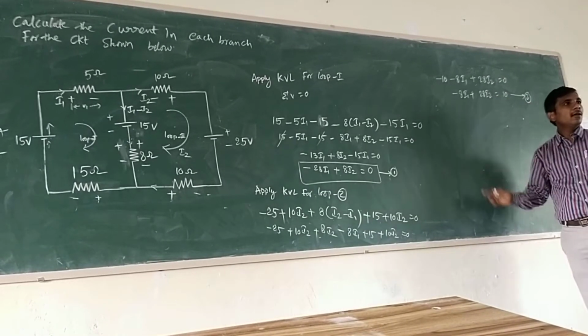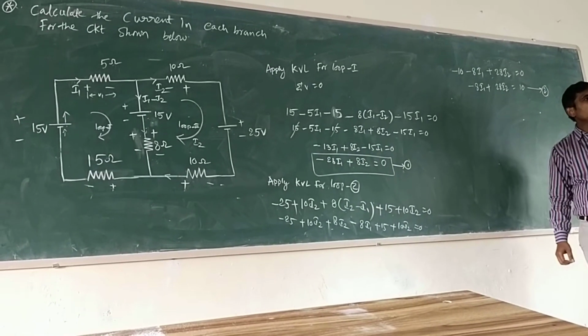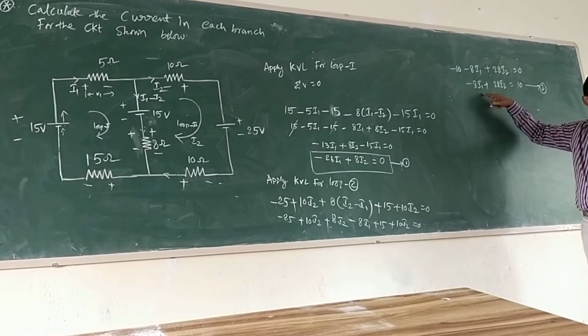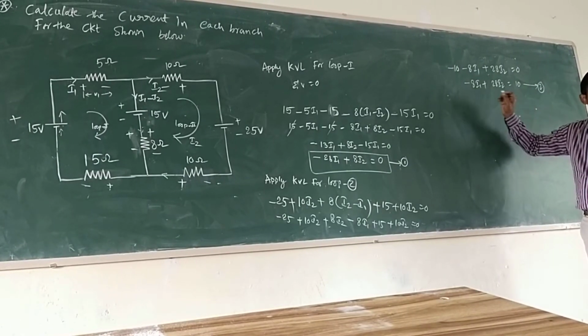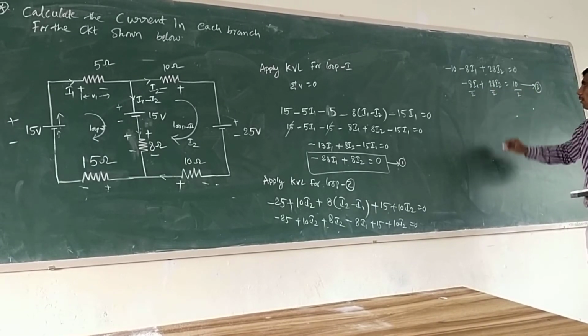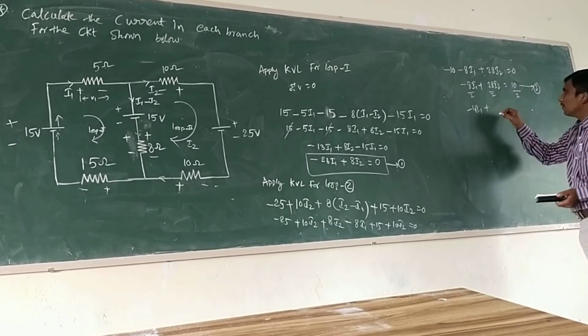Write it. If you divide or without division also we can do. If you divide with which one? By 2 we can divide. Divide both sides by 2. 4 I1 minus 4 I1 plus